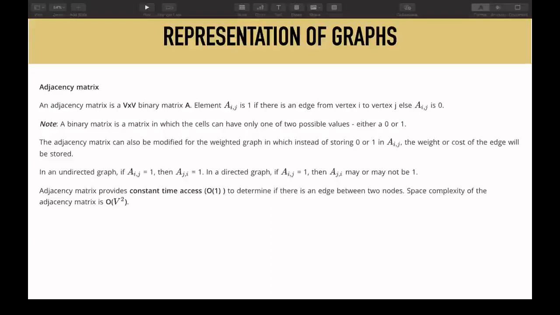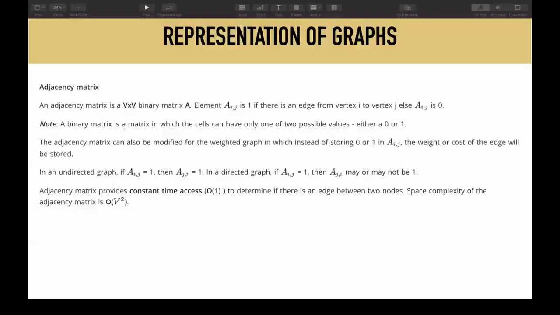It happens very rarely that you're using a matrix of size 10 to the power 9 or 10 and still able to run your code on your computers, unless you are using parallel computing or supercomputers. But for a normal computer, the limit is up to 10 to the power 6 or 10 to the power 7. So this is basically a shortcoming of this method of representation.